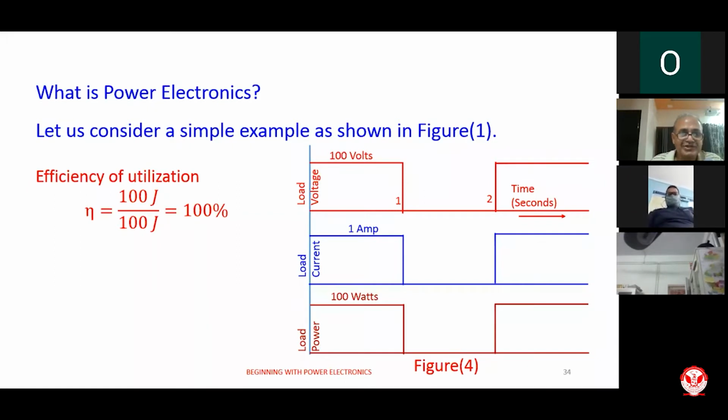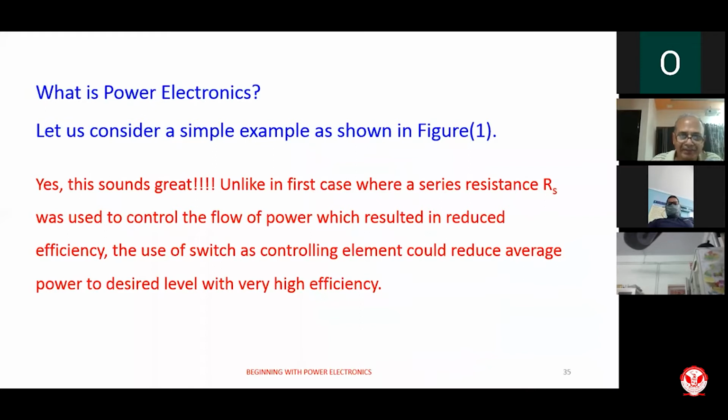This solution seems to be of great advantage because of its energy efficiency. And if I can tolerate the pulsating power, this solution seems great. Anyhow, by using some special means, I can reduce the pulsations in the power received by the load. And if my load can tolerate such small changes, this solution seems to be very promising.